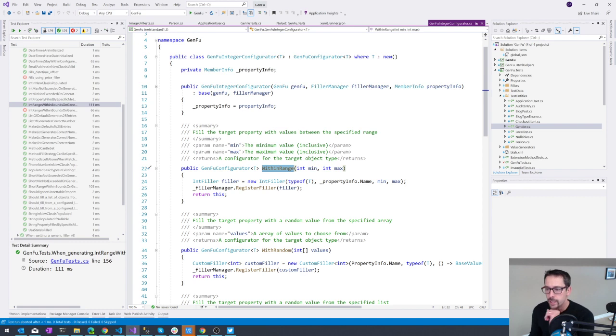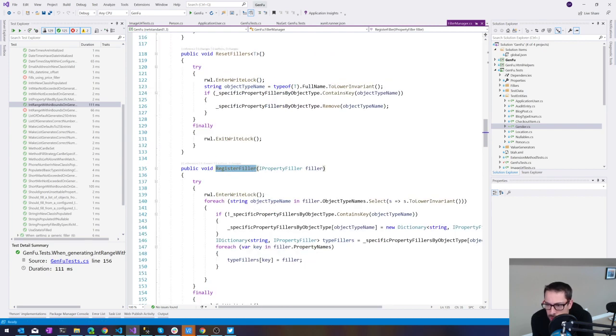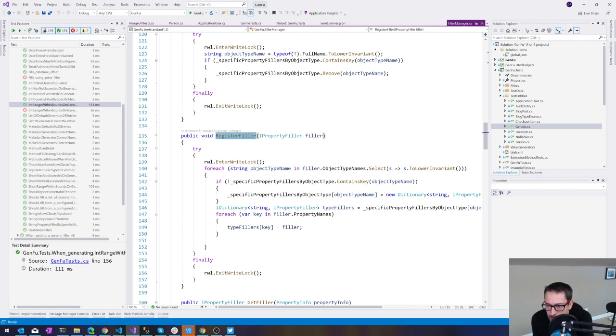So this within range registers a filler, an int filler of type T. It's been a while since I've worked on this, so this will be kind of interesting to start digging into. But there's a filler manager. We register this filler. And the way the filler manager works is it says